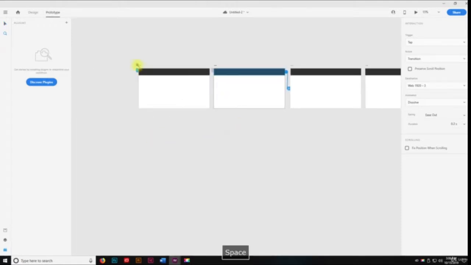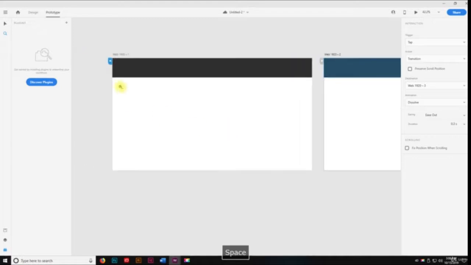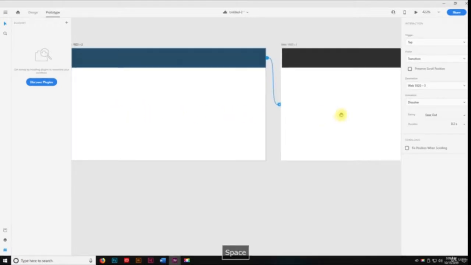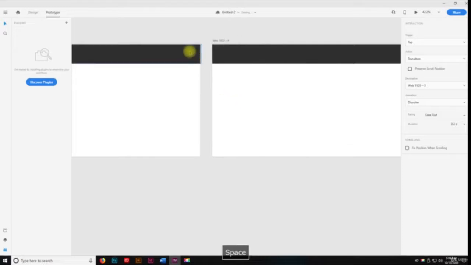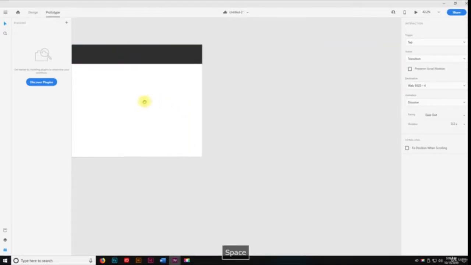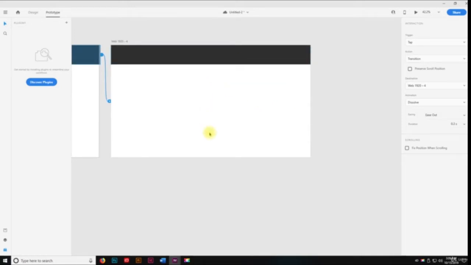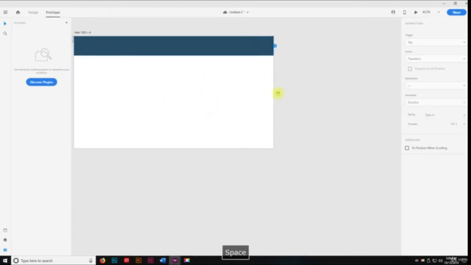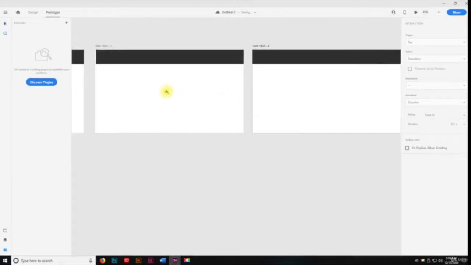And then you can see that I can connect these together. So this is the home page. Okay. This would be page 2, page 3, and page 4. And we can connect all these together. And then if I had another page over here, then I could add it to that. So that's really the prototype